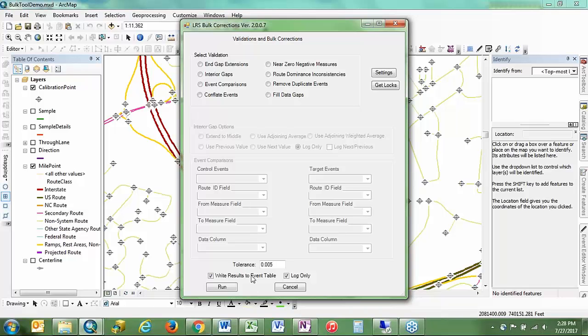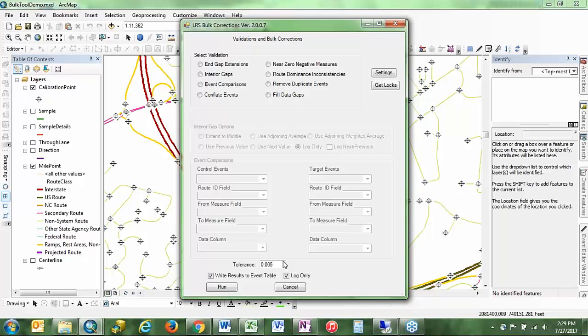So near the bottom of the tool, you may have seen there's a tolerance option here. The tolerance is used to let the tool know essentially what size data issue you care about and what it needs to ignore. So if the tool finds an issue that is less than that tolerance, it'll tell you about it. It'll report it. It'll eventually try and fix it if you're not in log only mode. If it finds something that's outside that tolerance, it assumes that that's something you meant to do and it will ignore it. So if you're looking for gaps and the measure distance of a gap is outside that tolerance, the tool will ignore it.